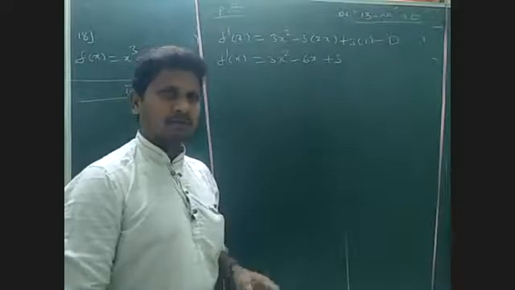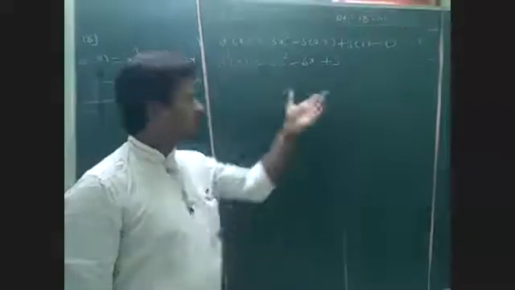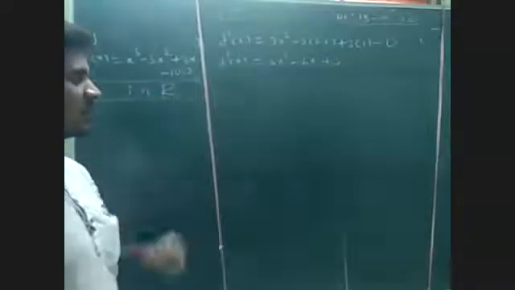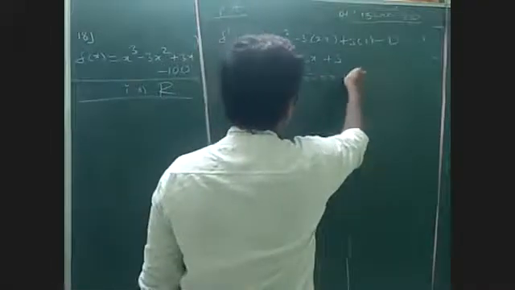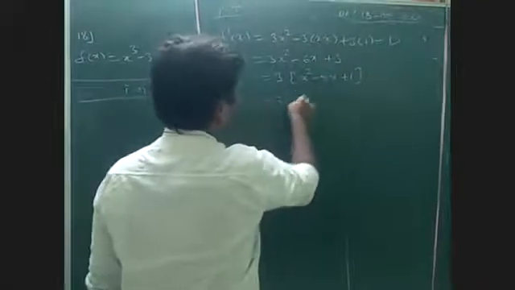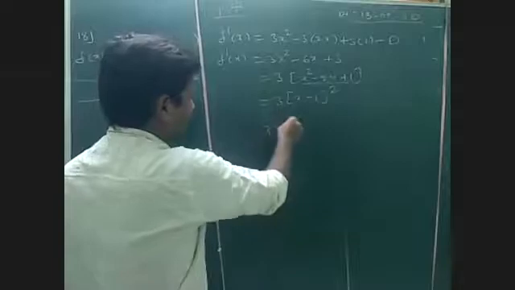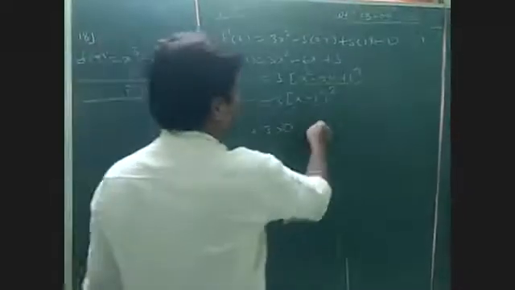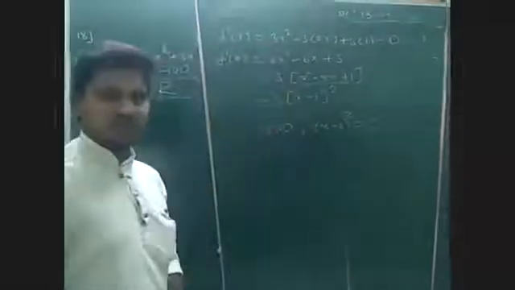Yes. What will you do is, we want to substitute. Is it possible to substitute to check at each and every value of real number? No. So here, what is common? 3 is common. 3 into x square minus 2x plus 1, nothing but 3 into x minus 1 whole square. Observe here, 3 is always greater than 0. Here, x minus 1 whole square is always greater than or equal to 0.